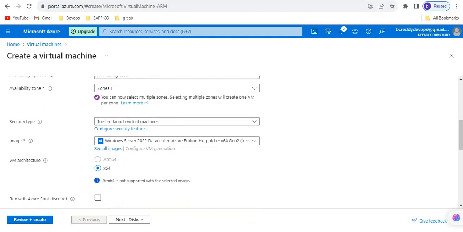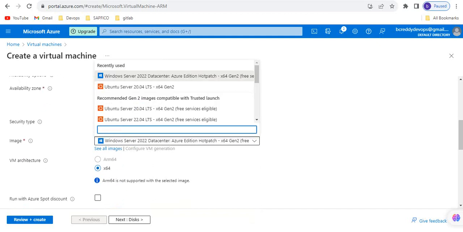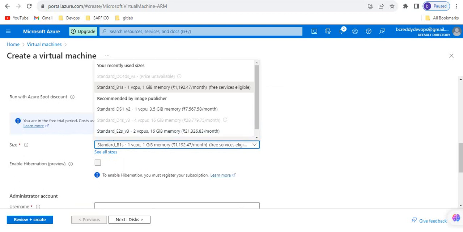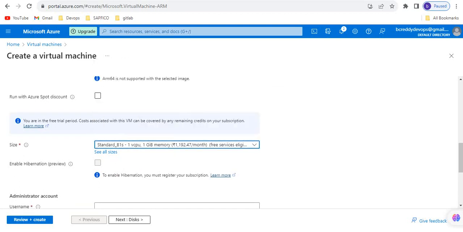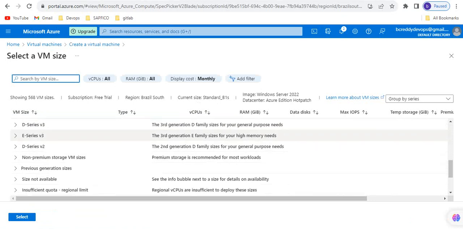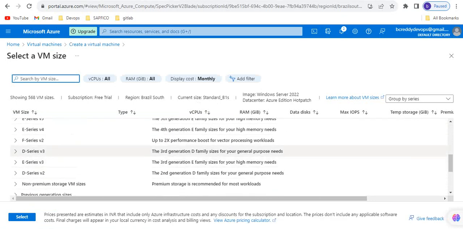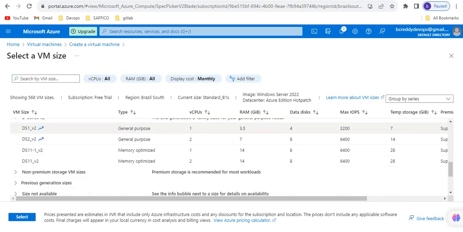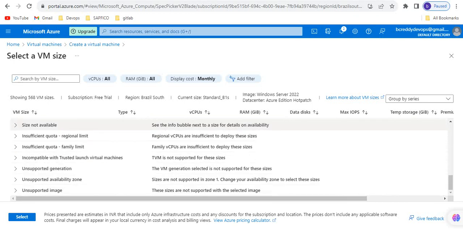For the image, I'm going to select Windows Server 2022 Datacenter. Here you have to change the size. We require